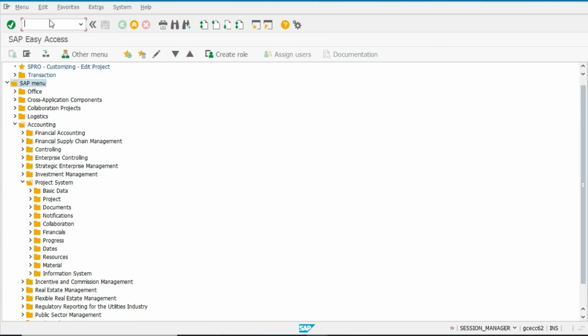I just copied this report from my data. So this is budget, actual and variance. Let us check.